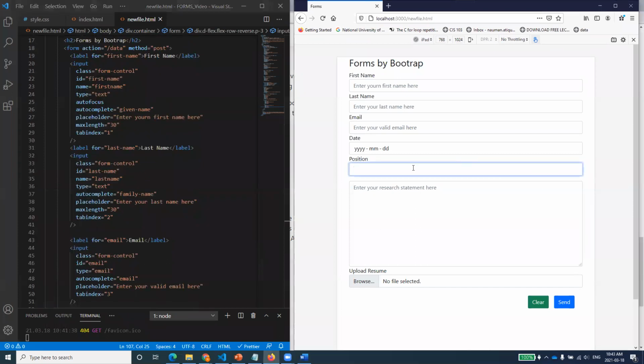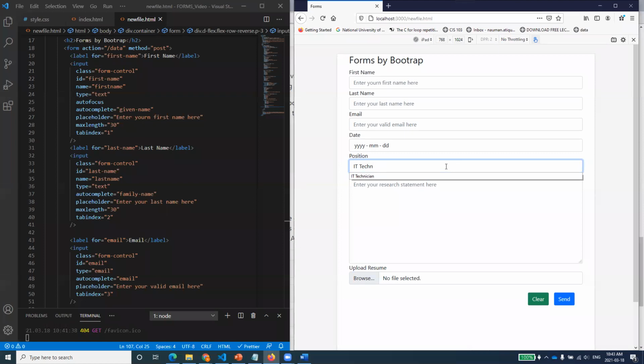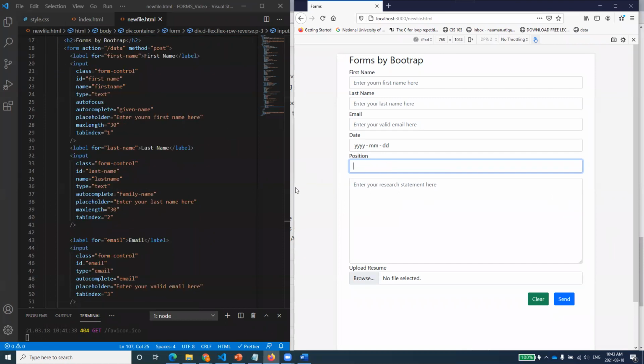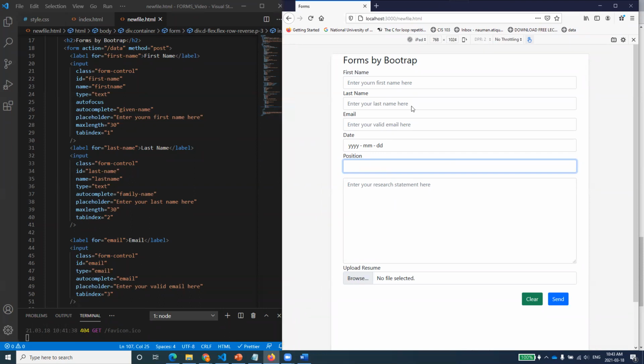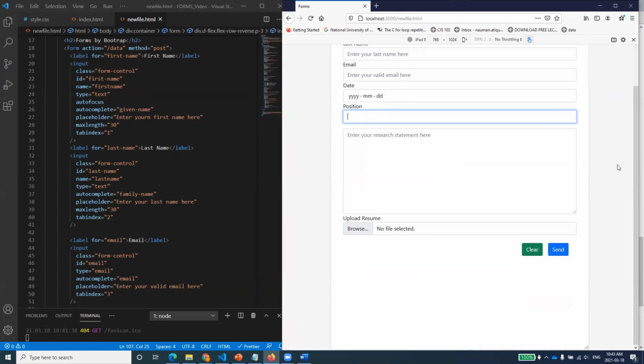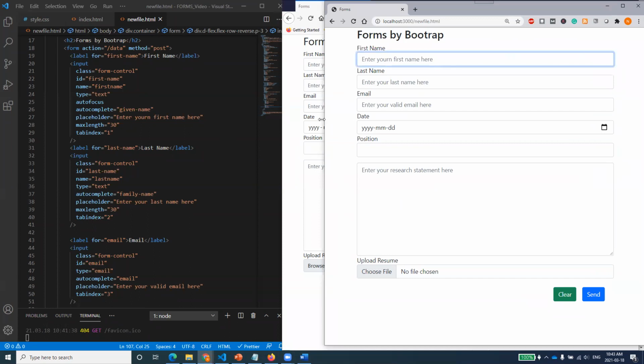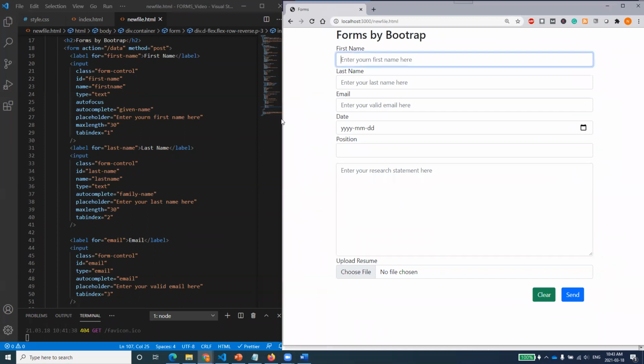One of the things, if you remember, is that we had this list. By default in Bootstrap 4, it did not support this list, and even this list did not appear. There is no drop down menu being shown over here. If you want to make a drop down menu, you can always make a select option and things like that. This is the form that we wanted to use for the Bootstrap environment, and we wanted to see how we can change this to the non-responsive design. This is the normal website design that we have, and it will be acting over here.